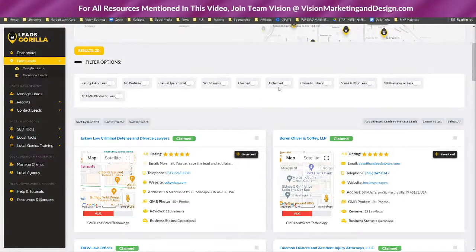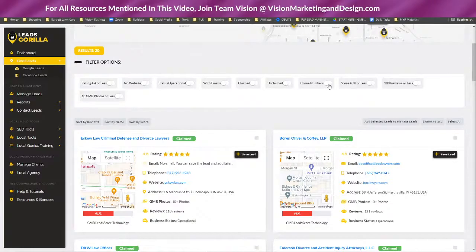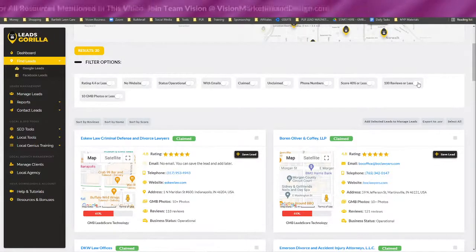So you could search for the claimed or unclaimed Google My Business accounts here just by toggling this switch on. You can also sort for the businesses that have phone numbers listed, score 40% or less, or if they have 100 reviews or less. So Leads Gorilla likes to see businesses that have 100 reviews or more.